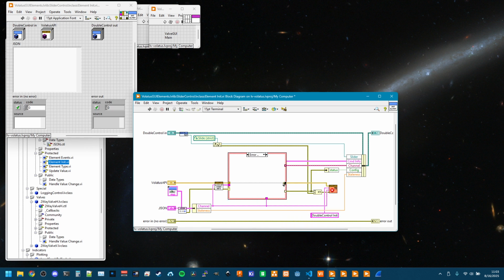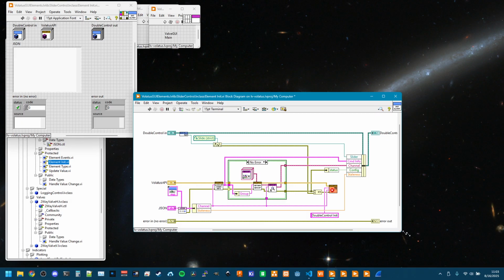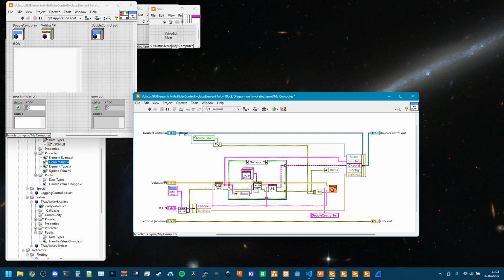Oh, that one we need. And let's propagate that error. We're going to need this to go do a little bit of a go around. So now we'll get rid of that error 110 because it's not going to try to subscribe to that garbage